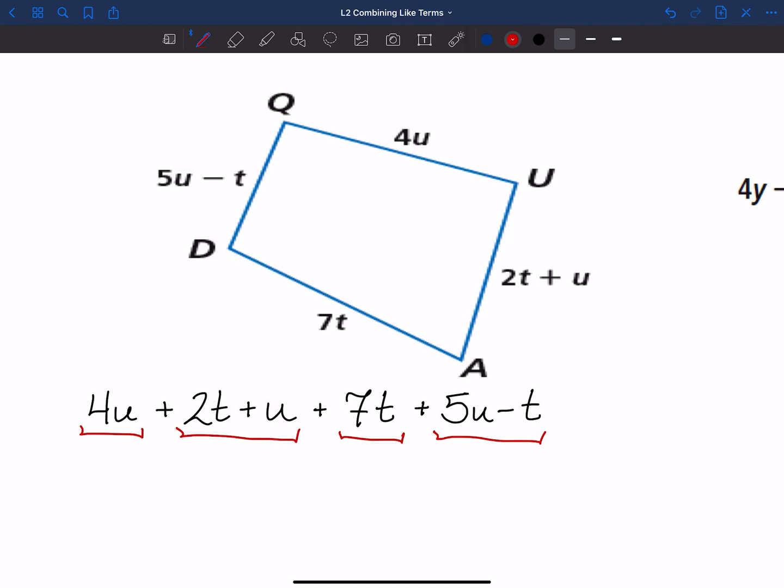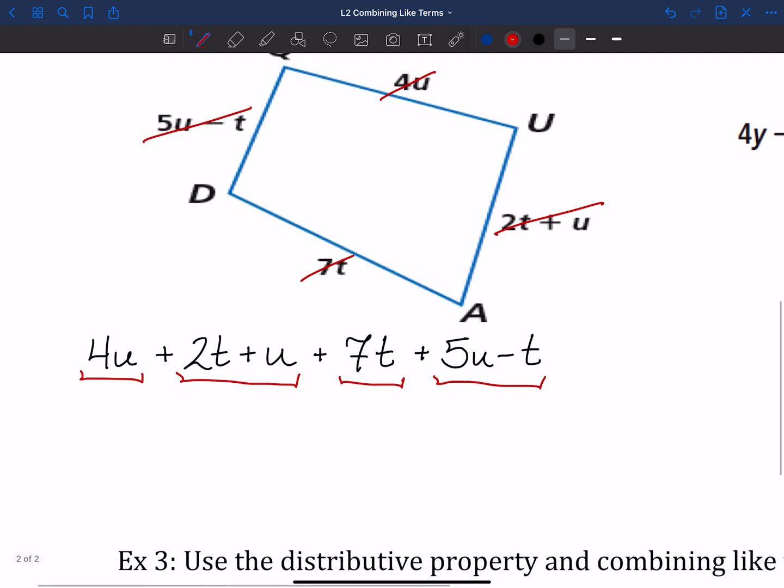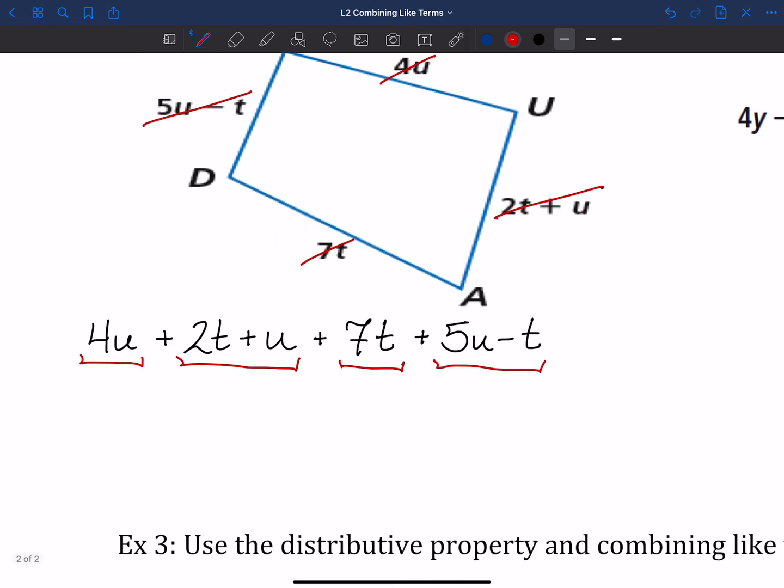Right? So again, start somewhere. If it helps, cross them off as you write them down when you're adding them together, right? That way you can make sure that you didn't miss any. When I'm going ahead and combining these like terms, I'm looking for things that have the exact same variables and